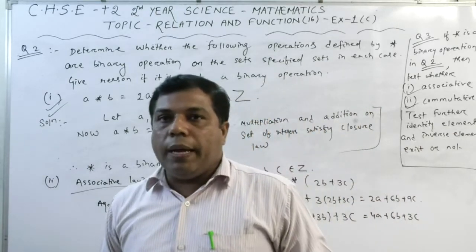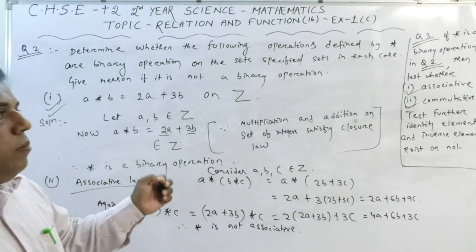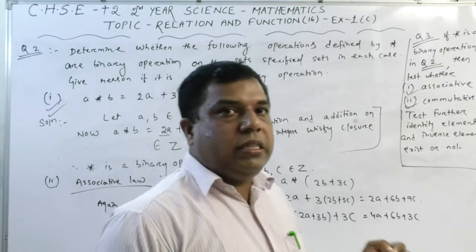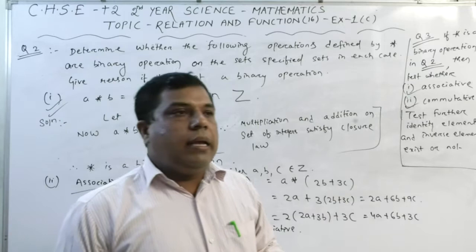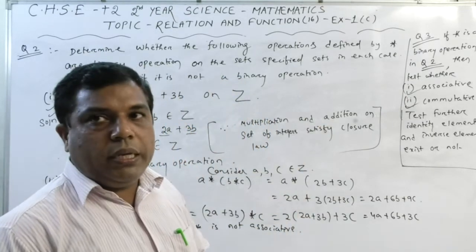So in this way, now we check the commutative law and we also check the associative law, whether it is satisfied by the binary operation or not. Okay. Now we will move to test for the identity element exist in a binary operation or not, and inverse of elements exist in a binary operation or not. That is going to be tested now.